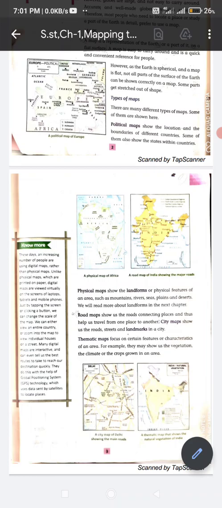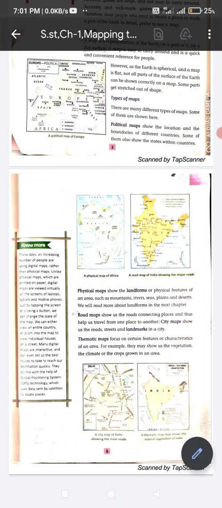A globe shows us only a part of the earth at a time. In a globe, whenever we want to study anything, we cannot study the whole globe at a time. We can only see one part of the earth at a time. But a map can show us the entire surface of the earth at a glance. In a map we can study the entire surface of the earth at a time. A globe is difficult to carry around.